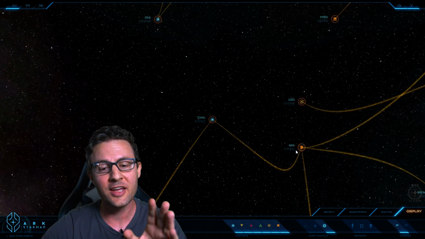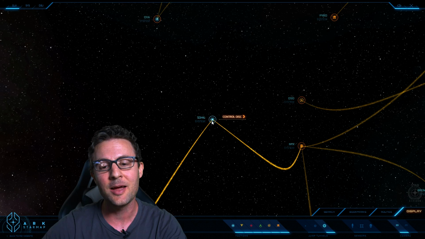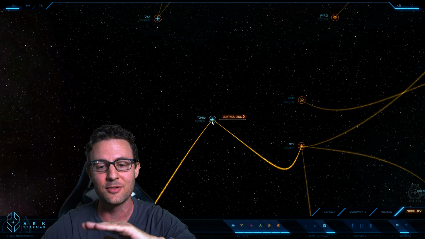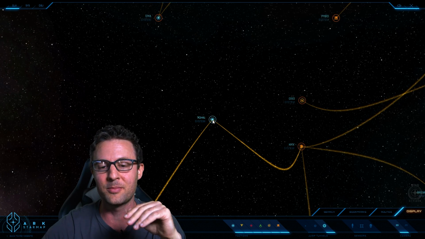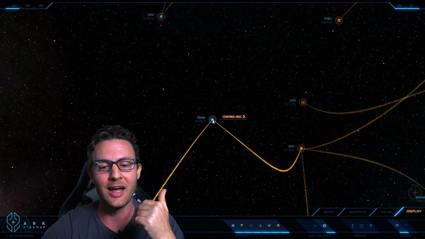Now, if you look at the map right now, there's only one jump. So at the time the system was discovered, it basically ended right there. The second large jump didn't exist yet. Nobody knew about it. So when it first happened, they